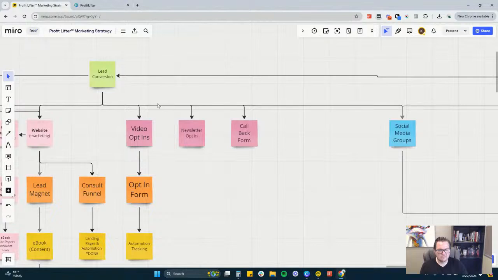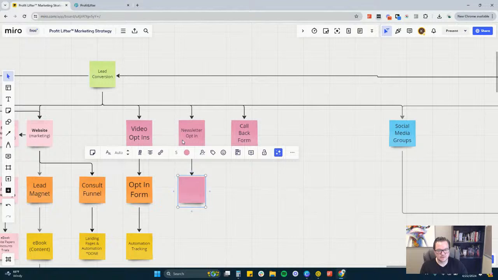All right, so we're gonna have a newsletter opt-in. This is exactly what it sounds like. What this means is having it on the website, right under the hero image, saying, "Hey, stay in touch or get free exclusive tips to XYZ by joining our newsletter." So we'll have an opt-in form that we can embed on the website